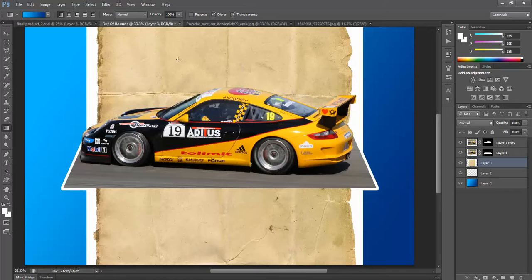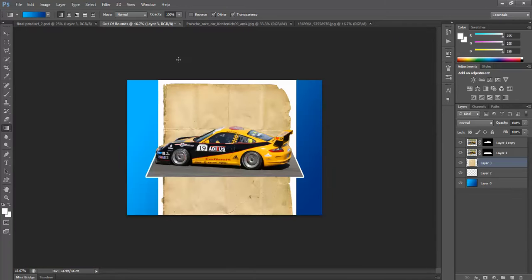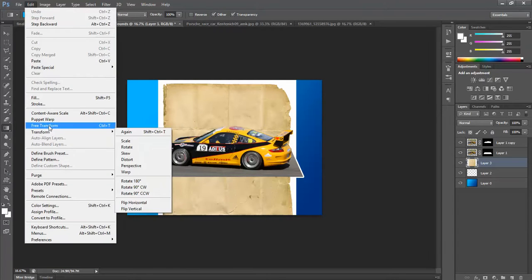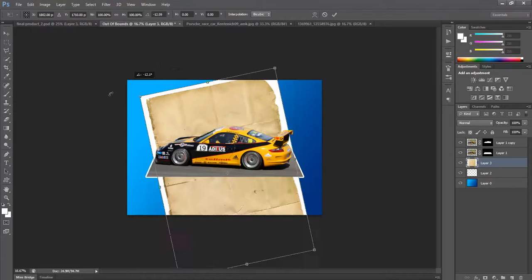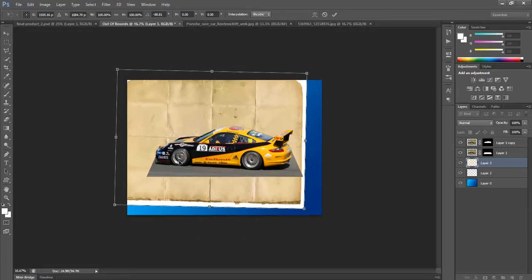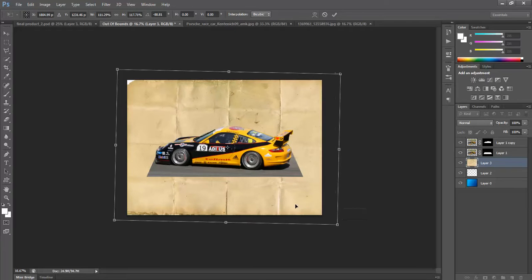Now we're going to zoom out, Control minus, and we're going to press Control T, or we could also go to Edit, Free Transform. That'll allow us to rotate it. So let's rotate it around and put it in position. I'm also going to resize a little bit,